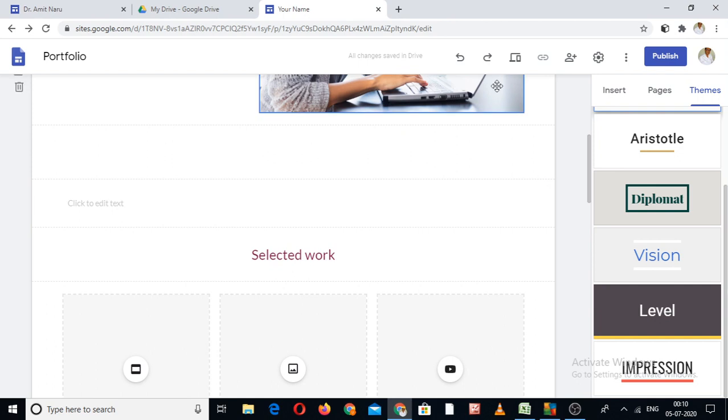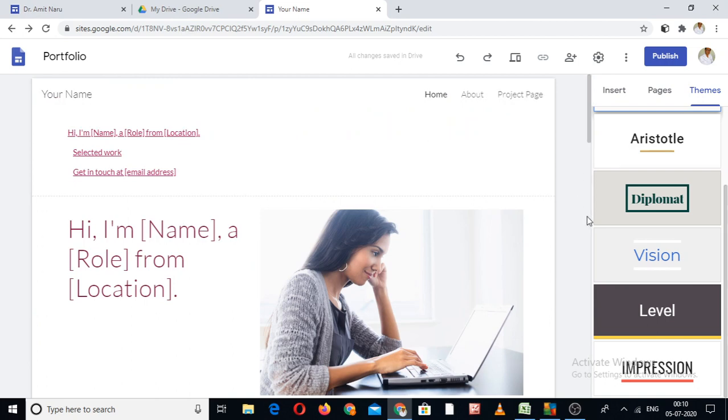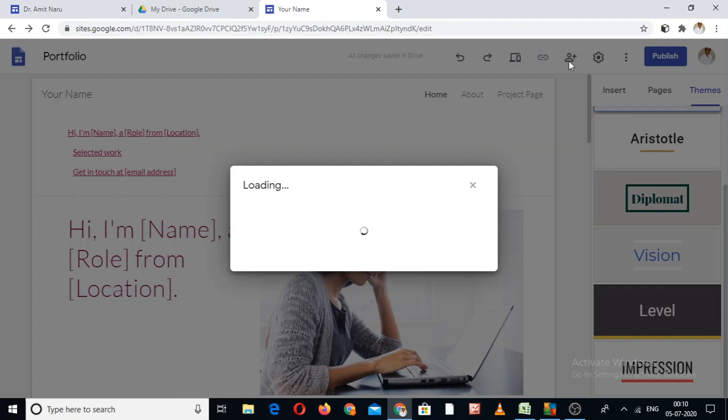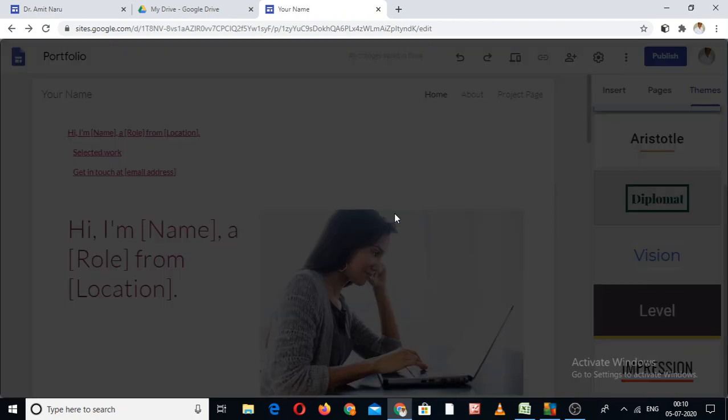This is something about undo. If you did something and you would like to go to the previous situation, you click on this one. This is for the next one. This is the preview before publishing it. If you would like to see it on another screen, you can do that. This is a link. You can create your own link. You can share it with other people. There is also the option of this one.